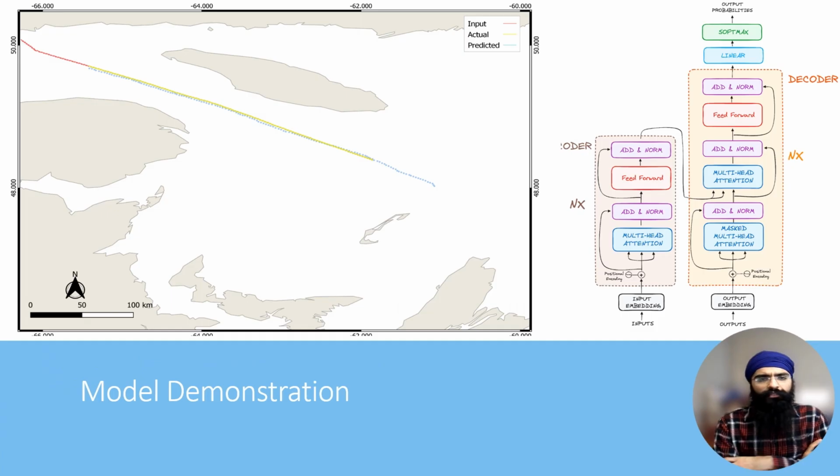So with the team, we trained the model based on a transformer, with feature engineering, and we trained the different layers of the model. This is the basic transformer model. On the left hand side you can see the input, actual, and predicted. The input path is very short, and you can see the predicted one and the actual one are very much aligned together. Perhaps the predicted one is more ahead of the actual one, but it follows the same path.